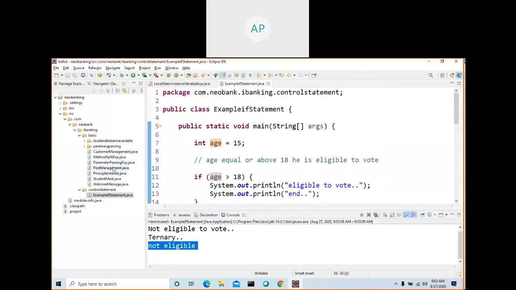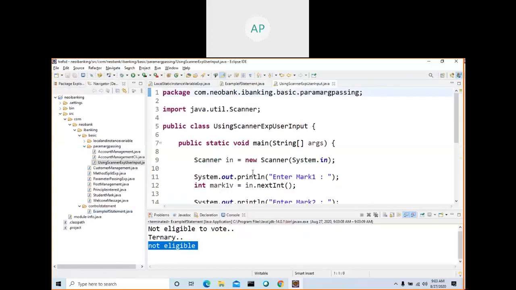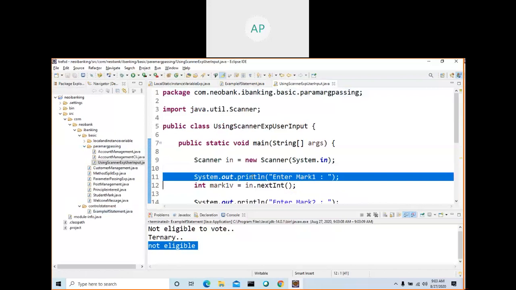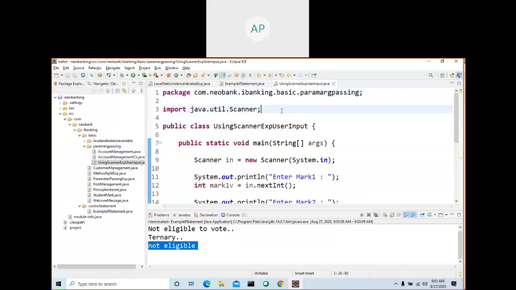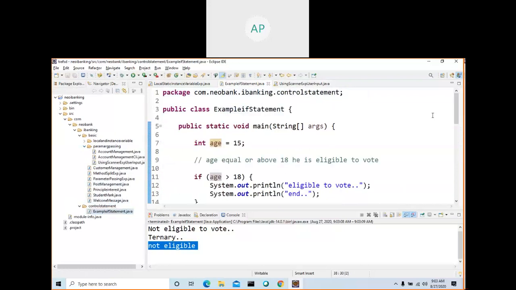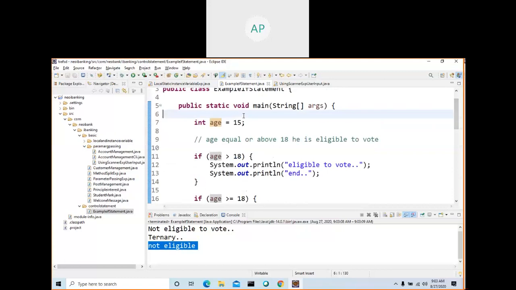If you want to move to scanner, how will you move this to scanner? Get the value from the user. Control C, control C, and details. Use scanner instead of this one.